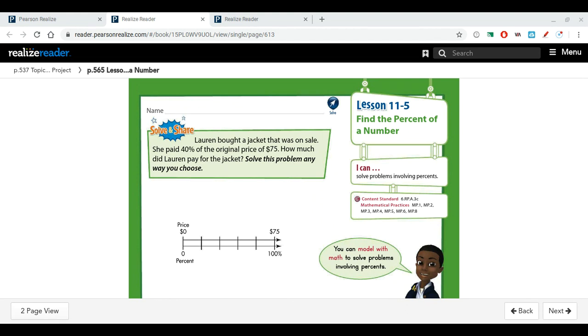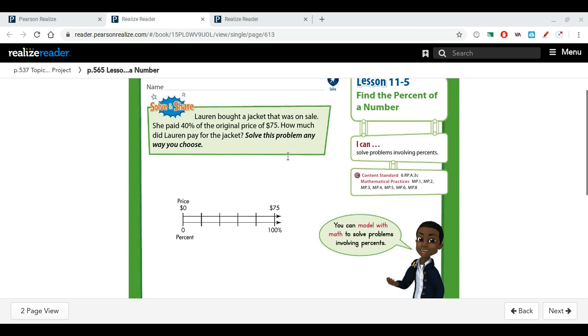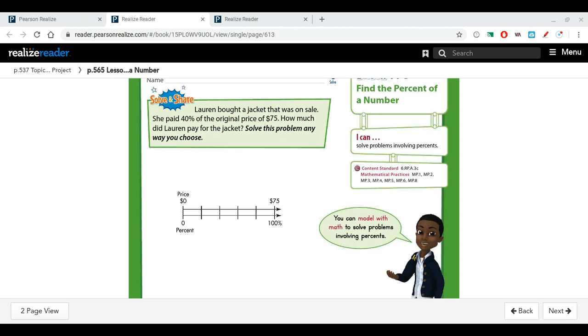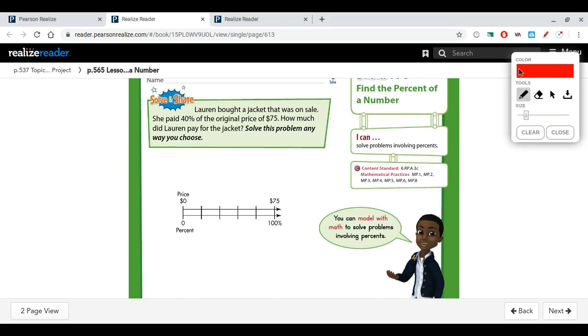So if we take a look at our solve and share, it says Lauren bought a jacket that was on sale. She paid 40% of the original price of $75. How much did Lauren pay for the jacket? Solve this problem any way that you choose. And so this one, because I'm finding the percent of a number rather than finding the percent, I'm going to write this as an equation where I turn the percent into a decimal. And so I'm going to take that 40% and I'm going to write it as